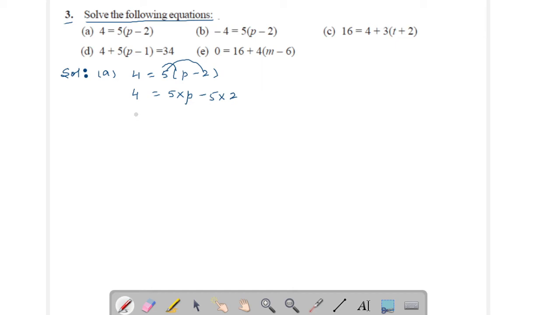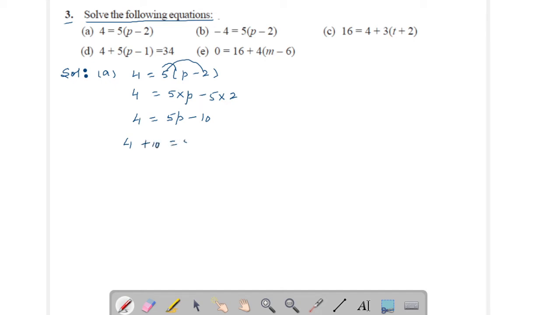This can be written as 4 equal to 5p minus 10. Now bring minus 10, transpose 10 to left hand side. Sign will be changed. This can be written as 4 plus 10